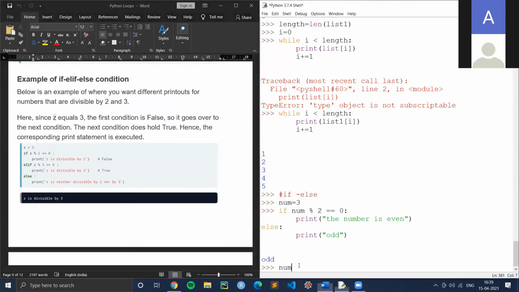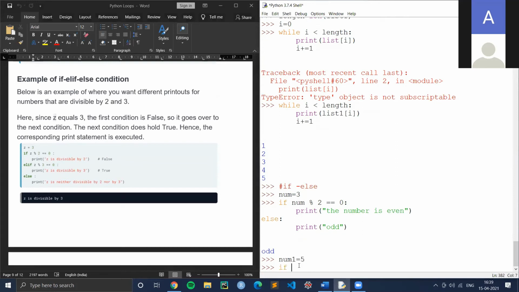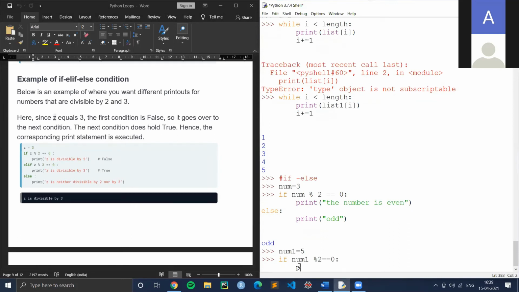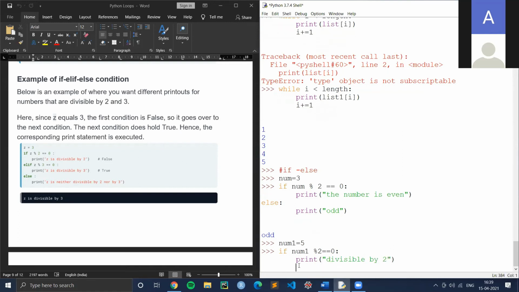So here I'm going to take num1 is equal to, okay, let me take 5. Num1 is equal to 5, okay? So now what happens, I'll do if my num1 is divisible by, num1 % 2 gives me 0. So what does this mean? It means it is divisible by 2, okay? Divisible by 2. Then next, else, okay, else if, right? Else if, because I'm going to write 3 statements here. Else if can be written as elif here.